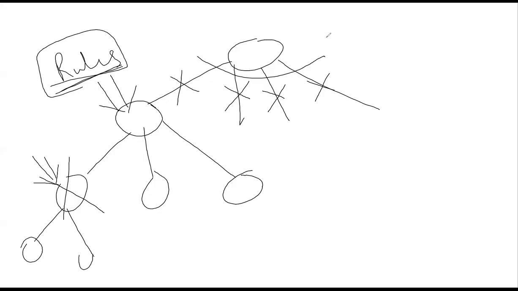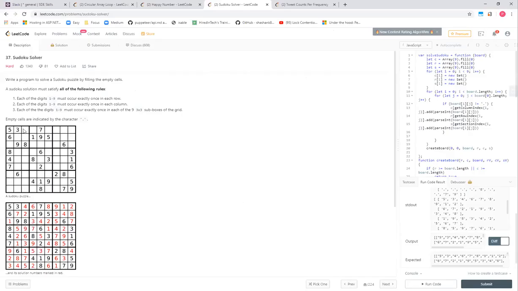Otherwise, what will happen is your best case or worst case or everything will always be n raised to 4, n square, that we discussed, right? Even if we see in the problem there's a 5 just beside the input state here, why would we go ahead with putting a 5 here and then trying to see whether it can build a solution? We for sure know that the 5 is going to violate the state rules. Yeah, thank you.